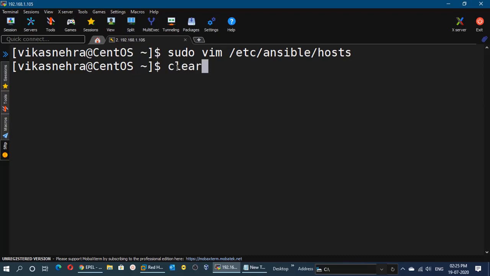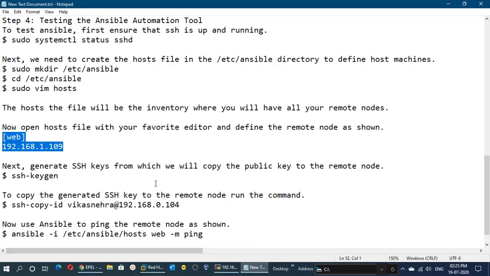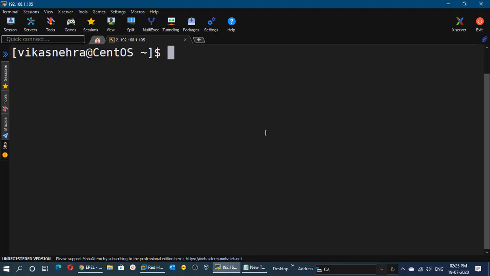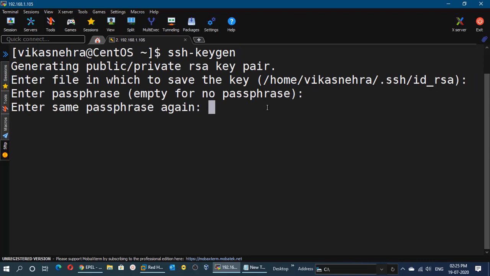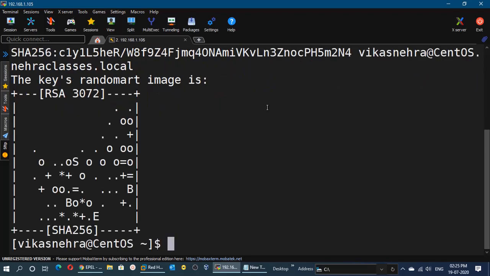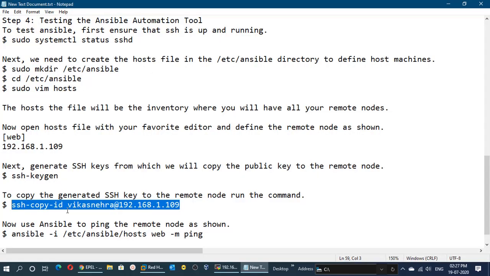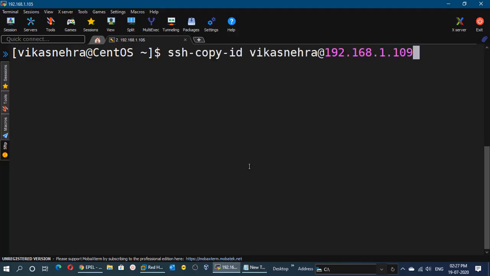Now we need to generate the SSH keys for our Ansible configuration, and for that we can run the ssh-keygen command. So this command will generate the SSH keys like this. Now in the next step we will copy the generated SSH key to the remote node using the ssh-copy-id command.